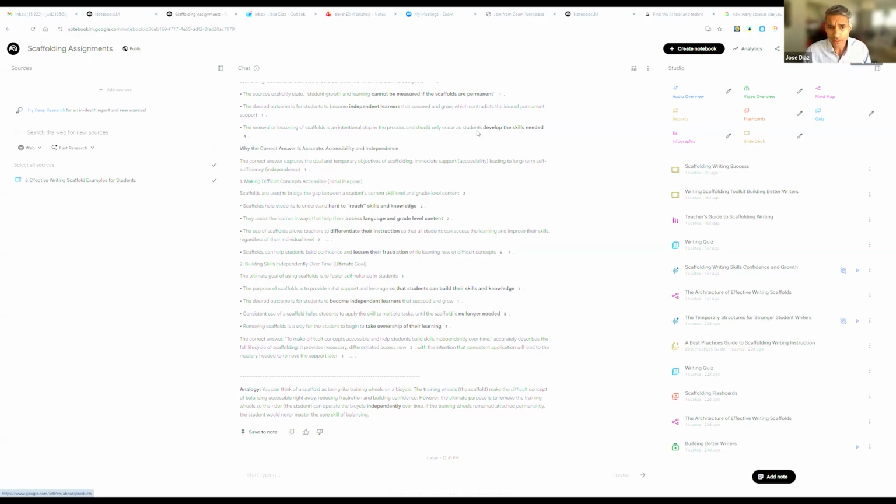And then in the middle of the screen is where you interact or chat with your notebook, with the knowledge that you've ingested into this notebook. And then at the right-hand side of the screen, this is where the magic happens, right? This is where we spent a good amount of time at our last workshop, these features over here.